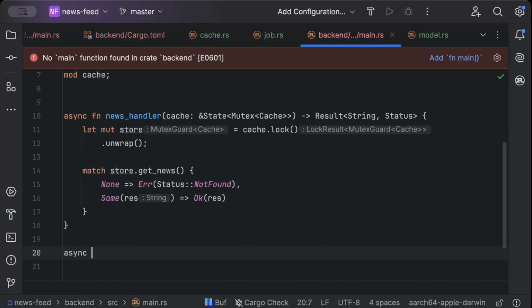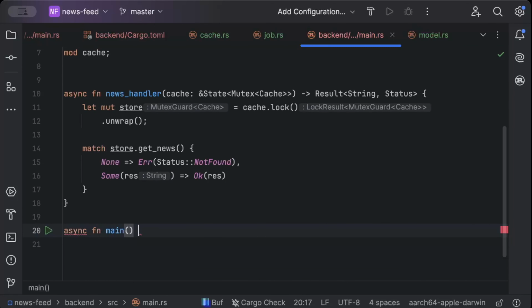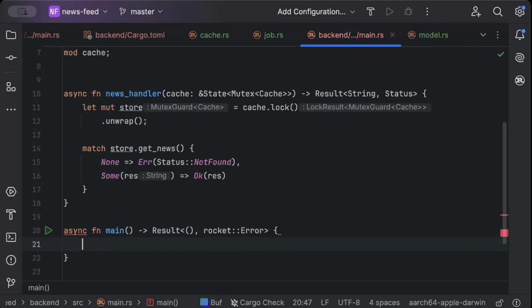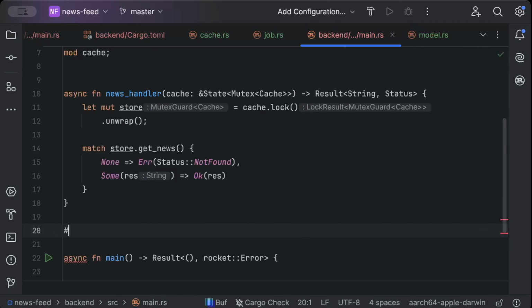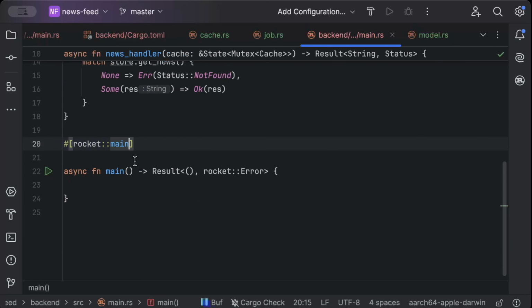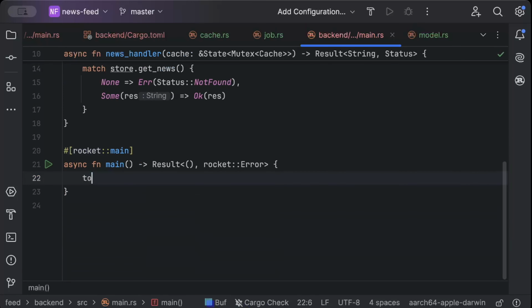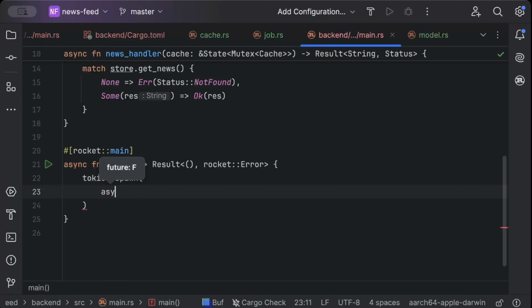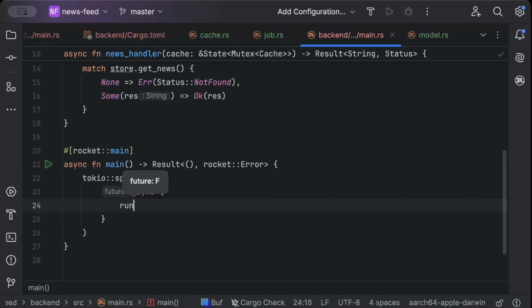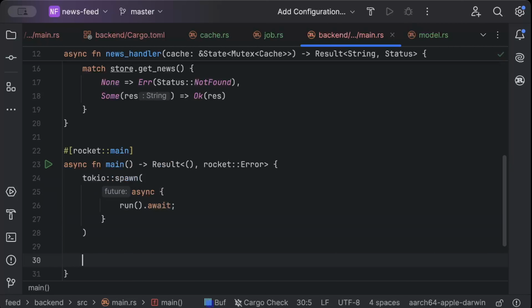Now let's add main, result unit rocket error, and let's make this rocket main, and Tokio spawn, and async to run our job, await. So this is just to run our scheduler in a separate thread,